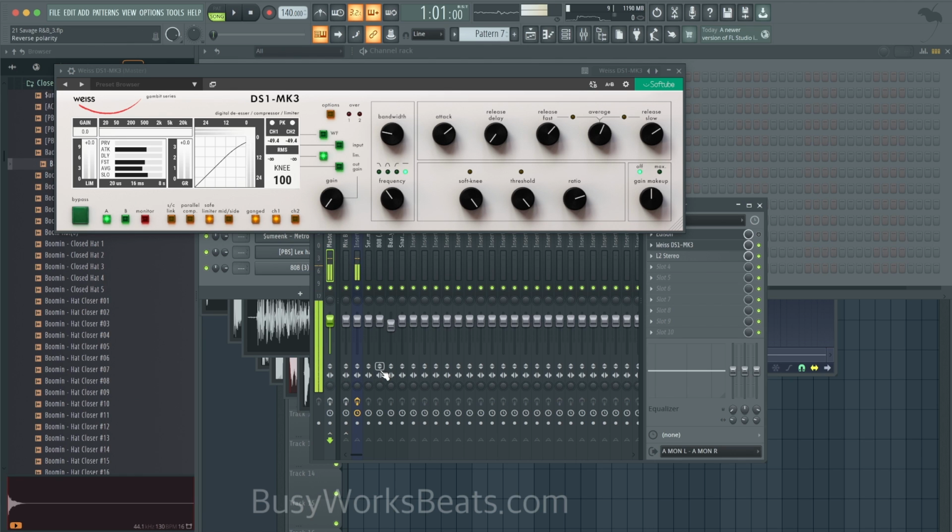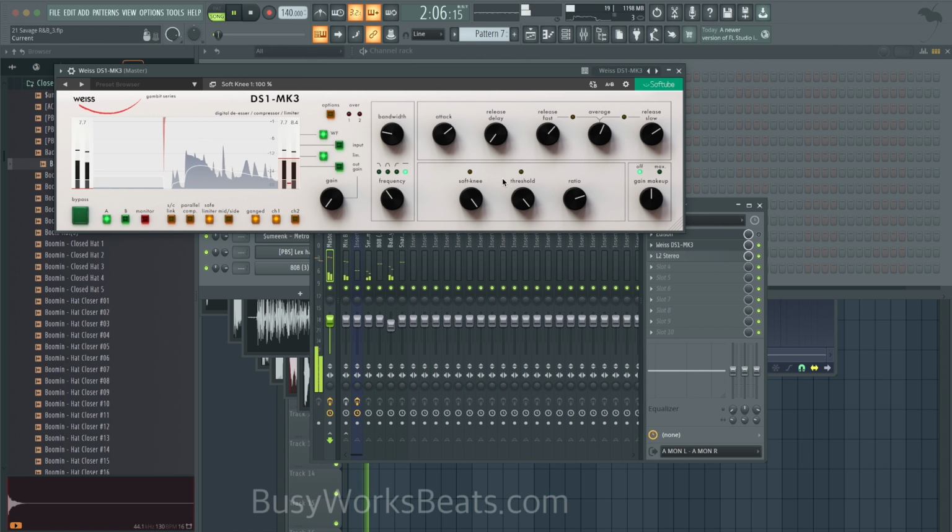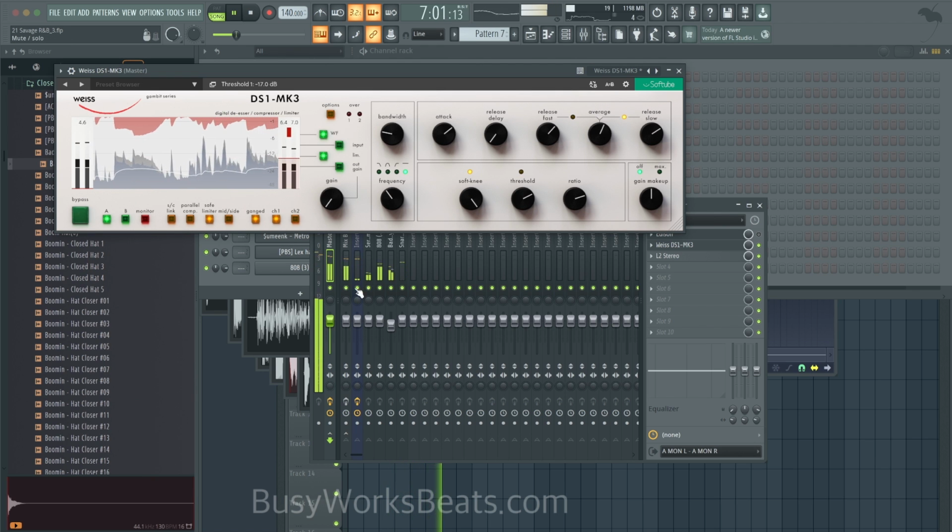But for digital stuff, you've got to tweak every little thing. It becomes tedious. So this is one of those compressors that just sounds good. I'm going to turn it on. And again, we're not mixing. It's not a full mixing video. I'm just showing you how clean and cool it sounds. So it has a general threshold here. So I'm compressing pretty heavily, but it sounds good.